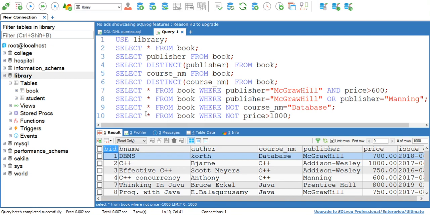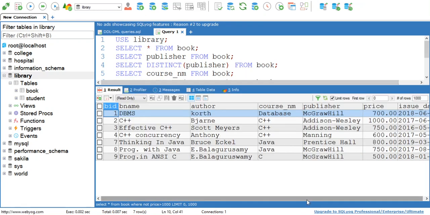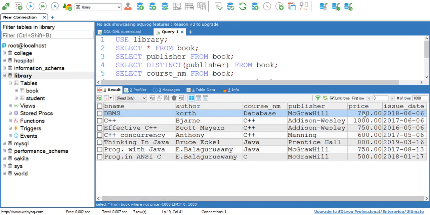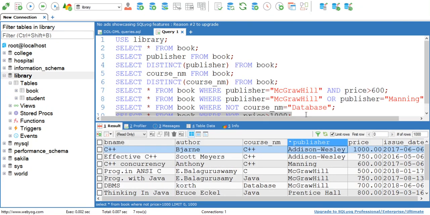Means price should not be greater than 1000. So in the output you can verify the books and the prices. Here all the prices are less than 1000. So this is how you can use the not keyword.